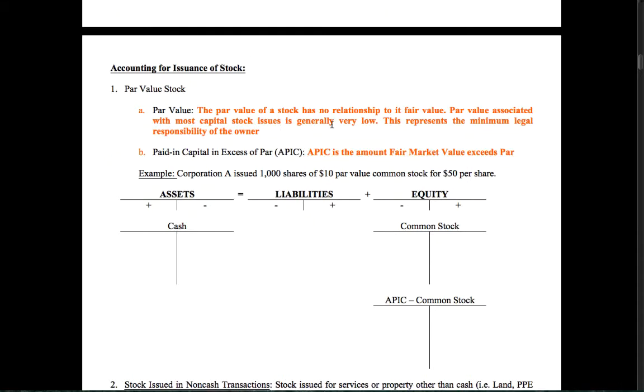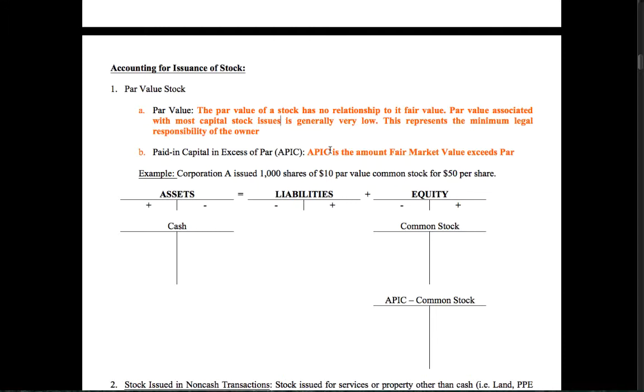The par value of a stock has no relationship to its fair value. The par value is often very low on common stock, and it represents the minimum legal responsibility of the owner. As in my previous example, when you purchased a stock for $50 and the par value was $10, as you can see, that $10 has no relationship to the fair value of $50 when you record the entry in the